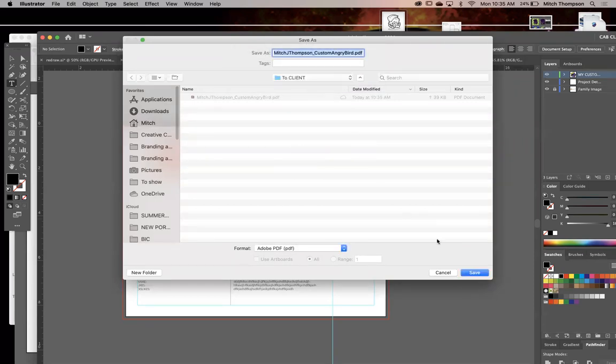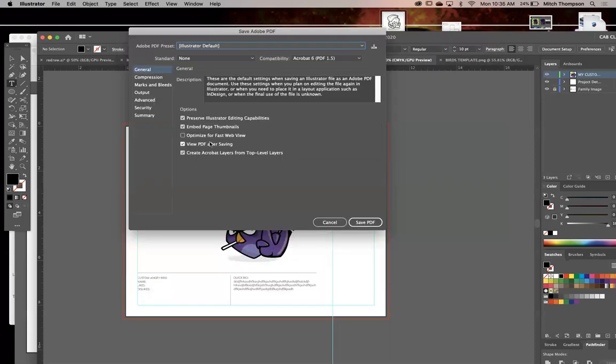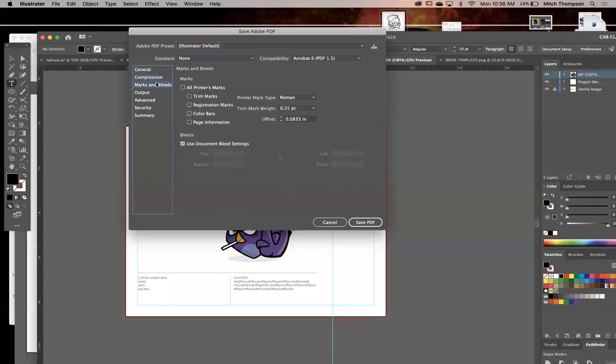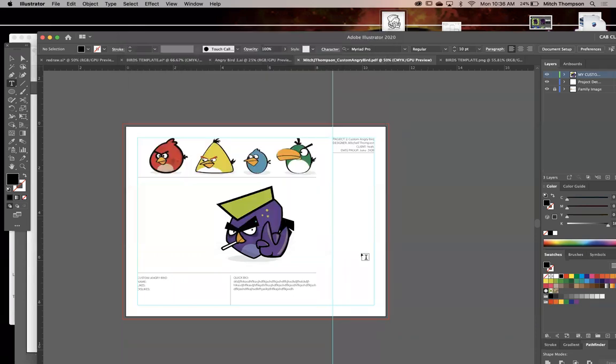And we want to just make sure that that PDF is saved, okay? Now I'm going to go back in here and find out where that use document bleed settings is. So it has bleed on it, of course, and it's a white page, so that makes sense. Either way, if you have it on or off, it doesn't matter, but that does kind of throw me.